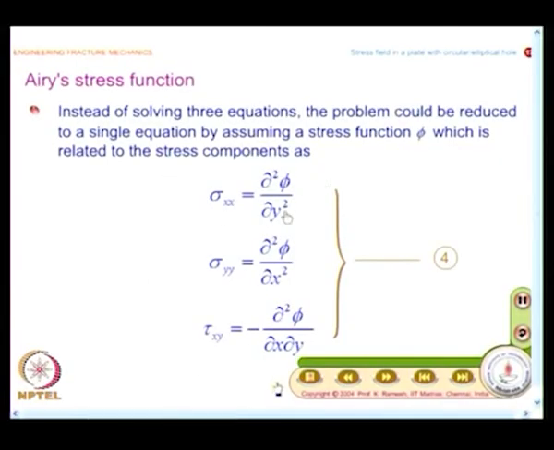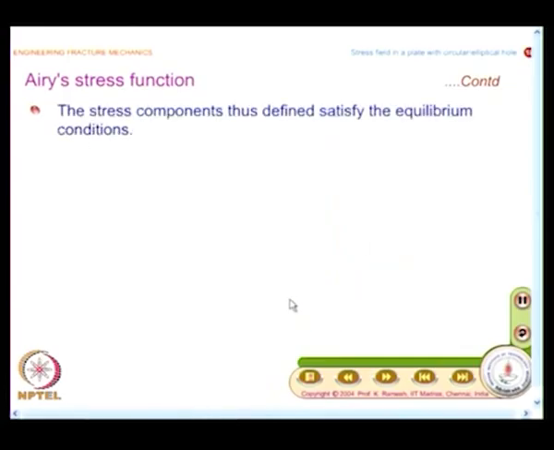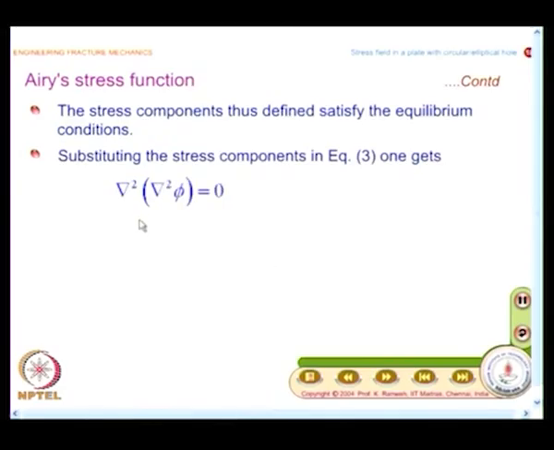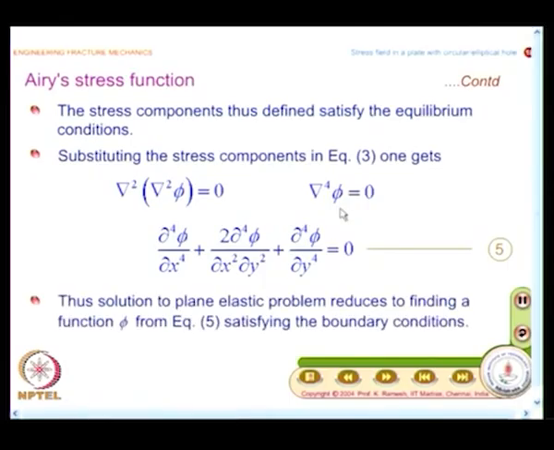sigma xx equal to dou squared phi by dou y squared, sigma yy equal to dou squared phi by dou x squared, tau xy equal to minus dou squared phi by dou x dou y. We have already seen the compatibility condition as del squared of sigma x plus sigma y. If I substitute the definition of sigma x and sigma y, how does the equation change? The equation changes to del square of del squared phi equal to 0, it reduces to del power 4 phi equal to 0,